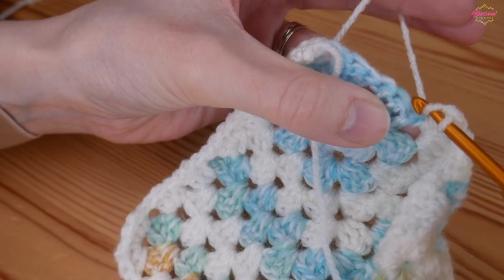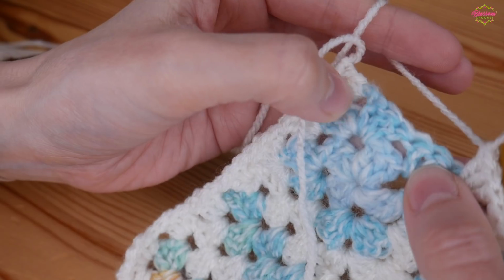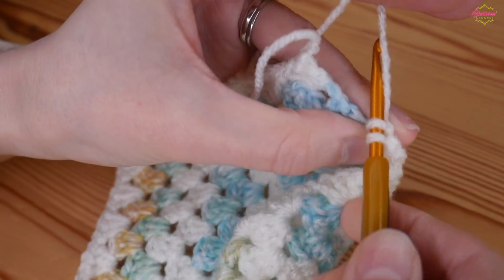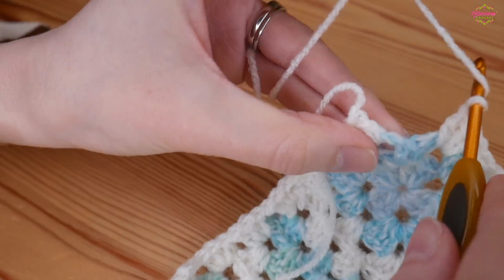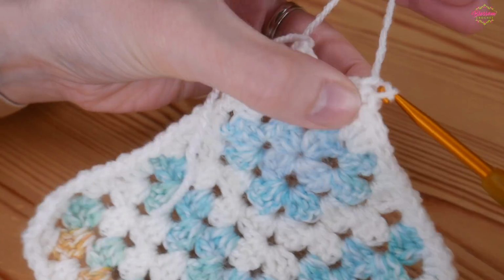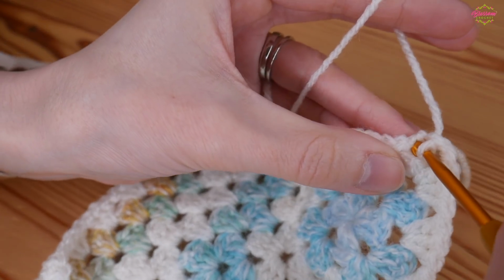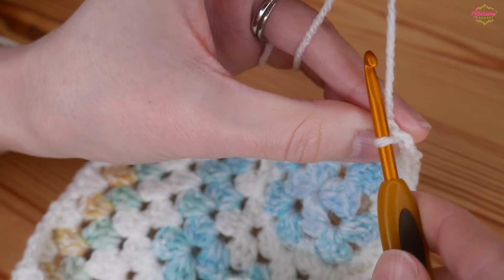So I'm back onto my original granny square now. So I've worked into that space and then I've just got one space left here. And then we just need to finish off the corner itself. So I just need to finish the other half of this corner, so into that final space I will just do my 3 trebles, my final chain 2, and then slip stitch to the top of that very first stitch. Slip stitch to close, chain 1,